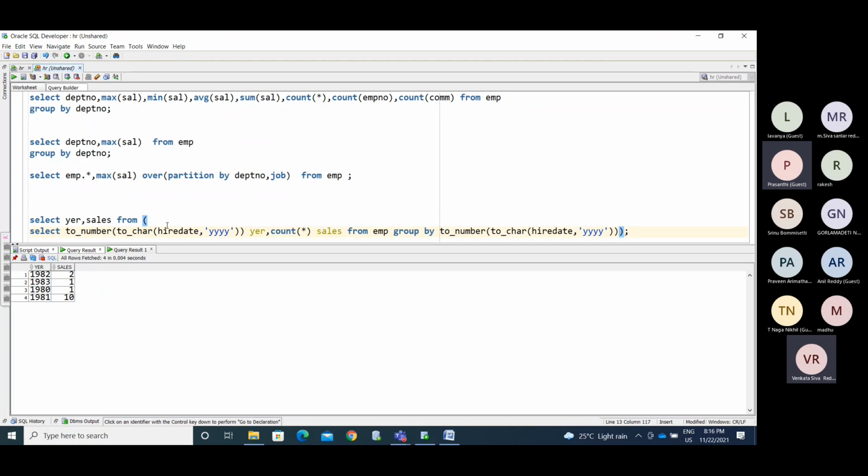Now I need to make the report, like I said, showing whether we have growth or not. For that I will use the lag of sales. Okay, lag of sales over.